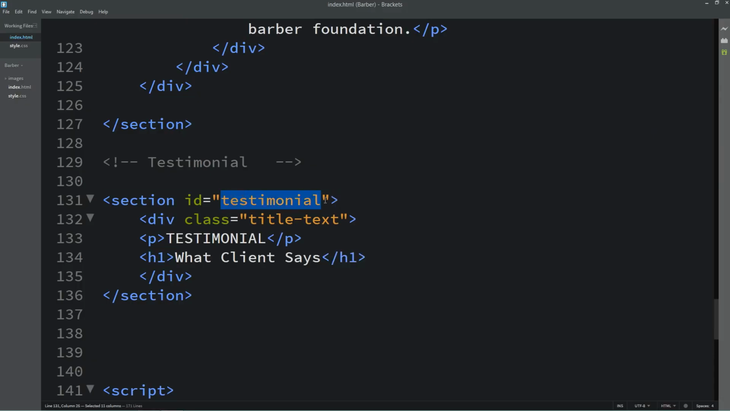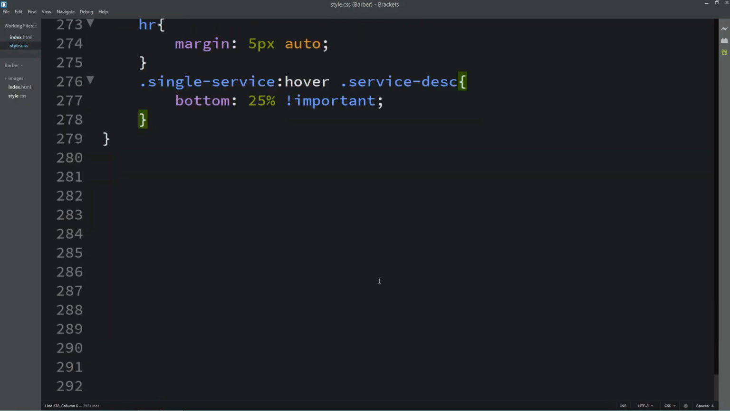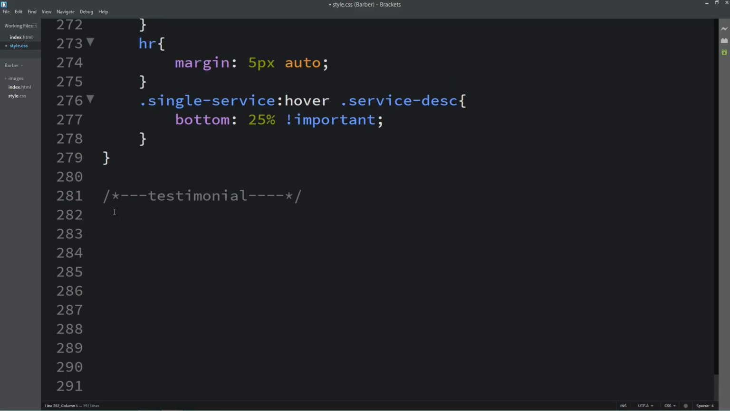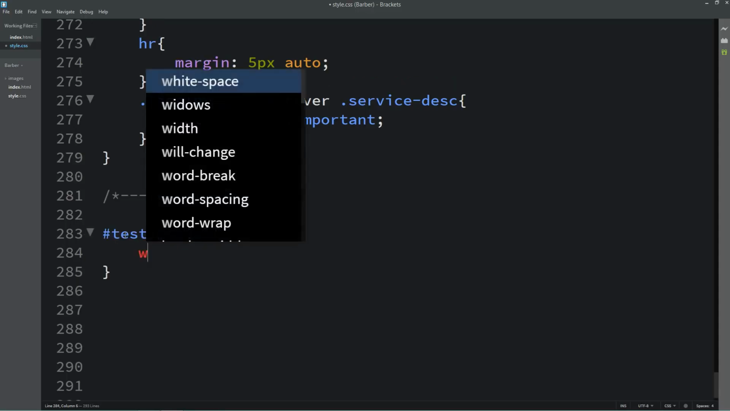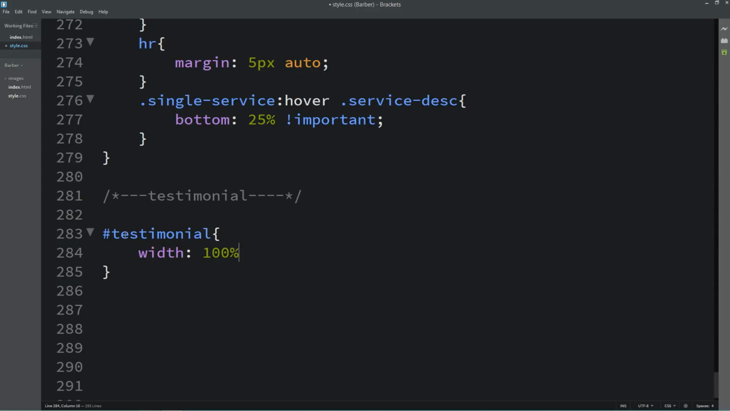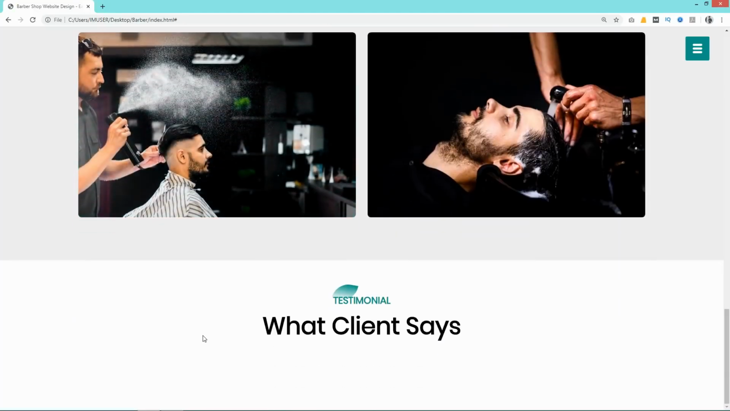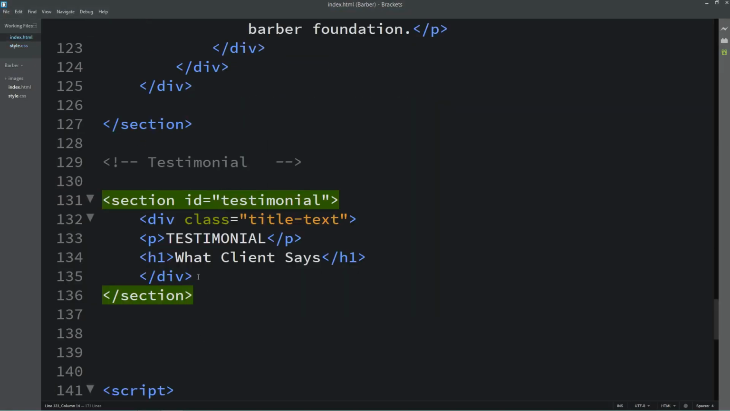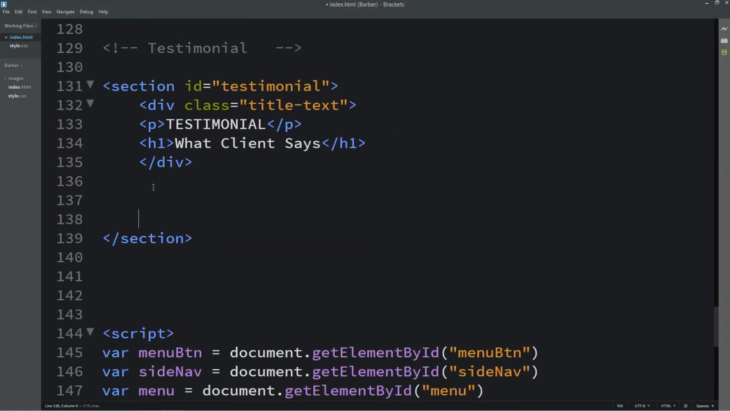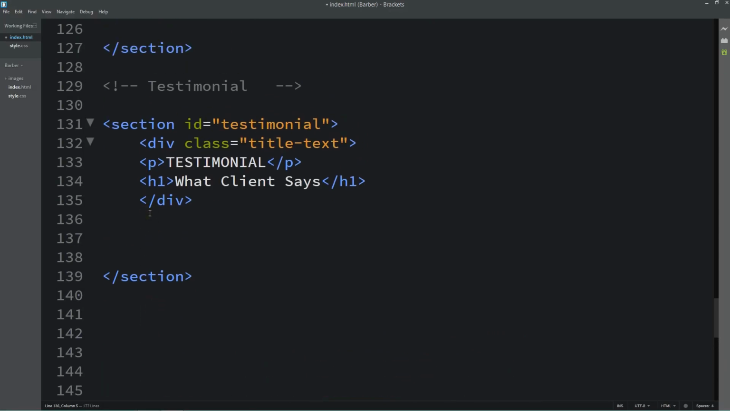You can see these title at the bottom. Now copy this testimonial, come to the CSS file, and in this CSS file first we will write one comment. Then write this ID here. For this one we will write the width 100% and padding 70 pixel 0. Now you can see some space around this title. Let's come back to the HTML file, and here we will add some space, and let's create one div with the class name testimonial row,